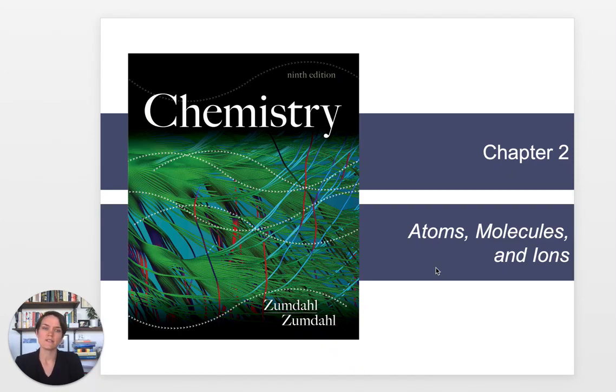This is the first lecture of Chapter 2 of our textbook, which is titled Atoms, Molecules, and Ions. Chapter 1 introduced us to the scientific pursuit and to some of the fundamental arithmetic that you will be expected to demonstrate for the rest of the course. So Chapter 2 builds off of that foundation, only now we're going to be pivoting to focus specifically on chemistry. Like all studies, chemistry has its own vocabulary, and that vocabulary is naming chemical compounds. That's going to be a very critical skill for you to develop proficiency in by the end of